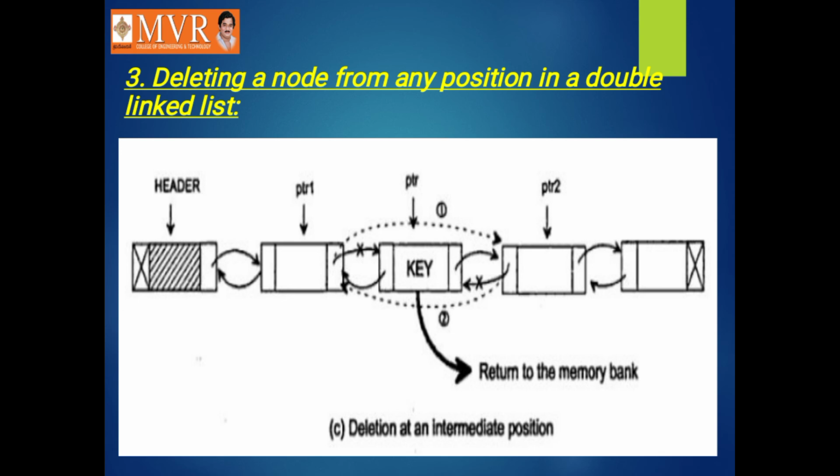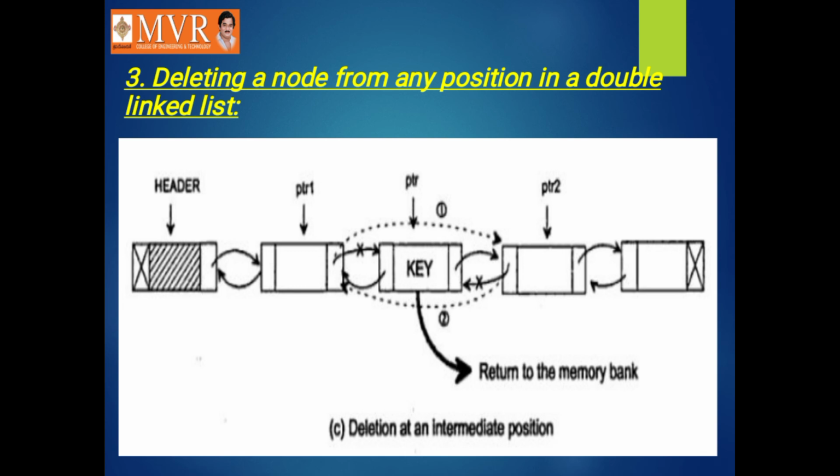That is, if I want to delete the 6th node, then I set ptr to 6, and 5 will hold ptr1 and 7 will hold ptr2. That is, after the node has been deleted, we have to adjust the pointers and maintain the links. For that purpose, we will place the ptr1 and ptr2 pointers. ptr, ptr1 and ptr2 are nothing but pointers. A pointer is nothing but a variable which holds the address of another variable. Okay.